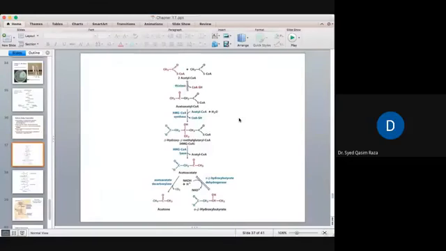If you look at this diagram, you can see how these ketone bodies are going to be generated from acetyl CoA. As we said, acetyl CoA will not enter the Krebs cycle during starvation or fasting. So what is going to happen with acetyl CoA? If you look at this diagram, you have two acetyl CoA. Through the enzyme we call thiolase, these two acetyl CoA will be converted into